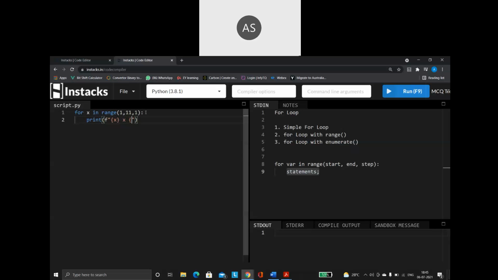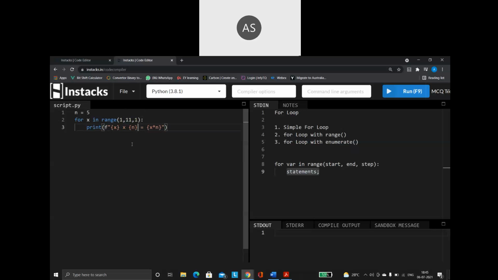Then let us take one number here, n, and I am giving the number as 5. Then it prints equals to, and here x into n.